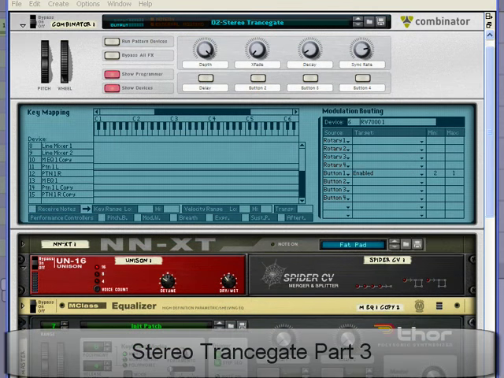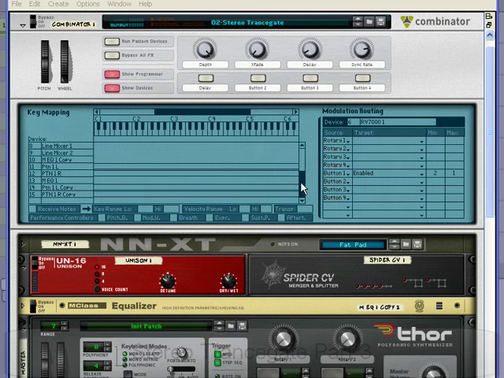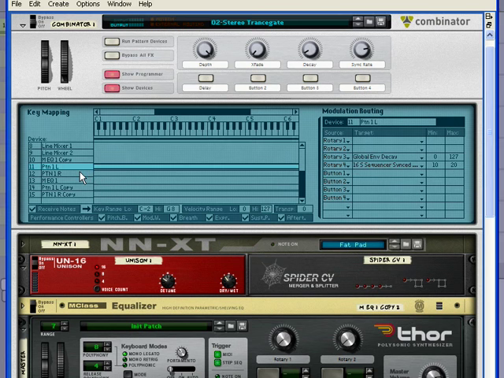So just to wrap up here, I've got a few more things I've added to the combinator. I've kind of fast forwarded through that because it's not that much fun to watch all these very similar combinator modulations being added. Basically what I've done for our 4 different pattern Thors, I've gone Rotary 3 controls their global envelope decay, and Rotary 4 controls their synced rate. So they're all exactly the same. And the result of that is